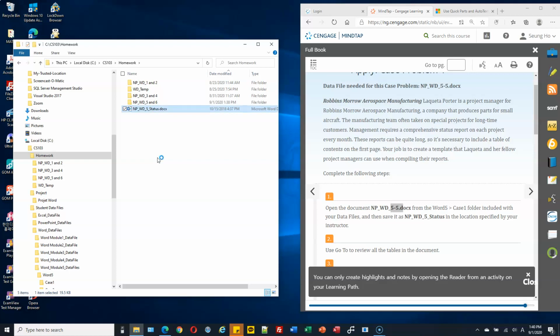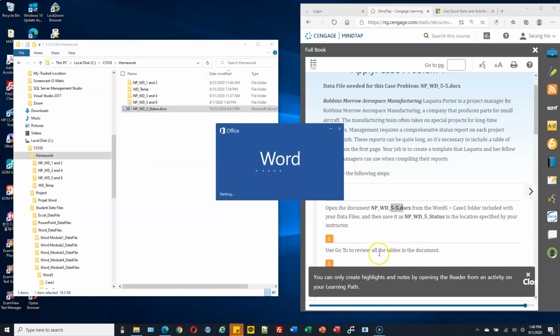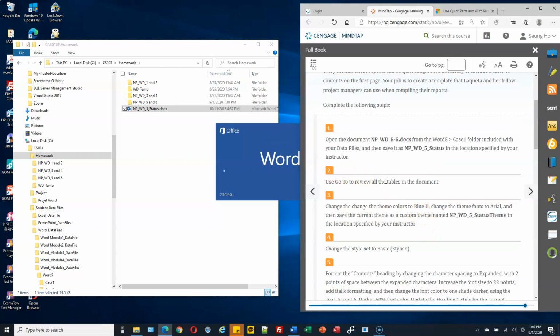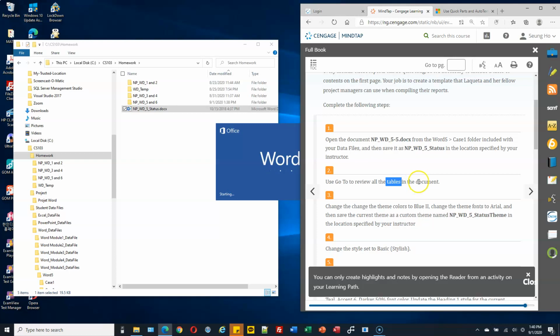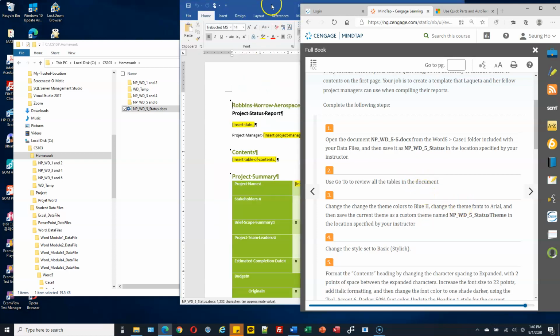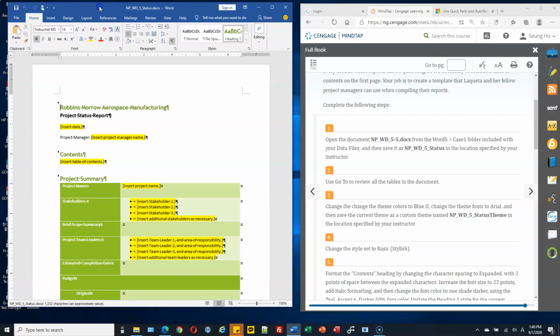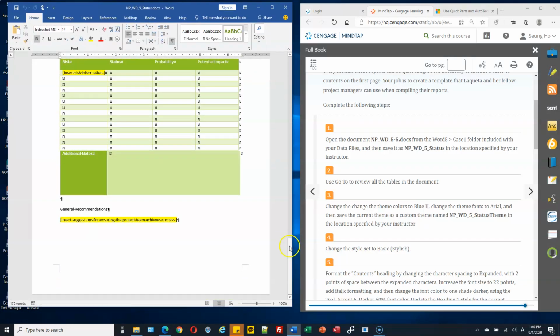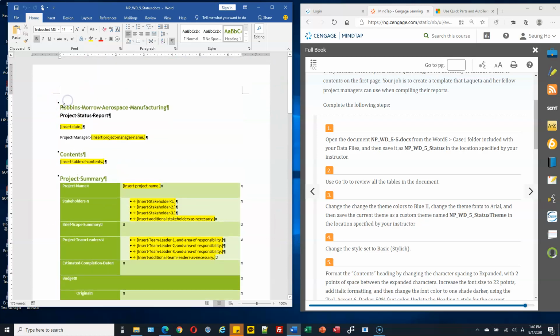Alright. Okay, use GoTo to review all the tables in the document. Looks like this one has several tables, right? So here we have table 1, 2, 3. There are 3 tables. So at the beginning of this document, make sure you click the beginning of the document, and then we will try